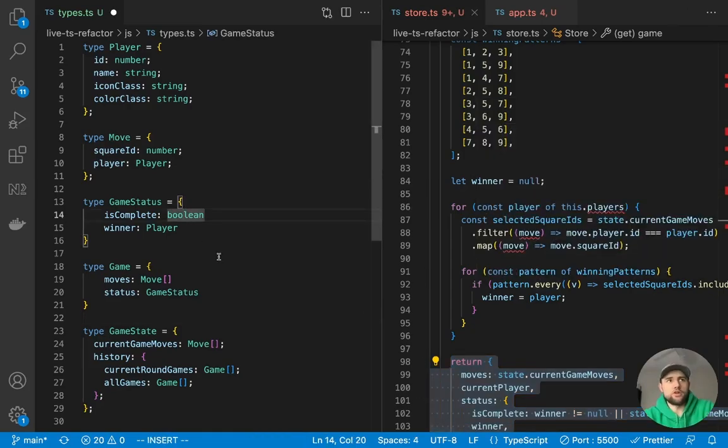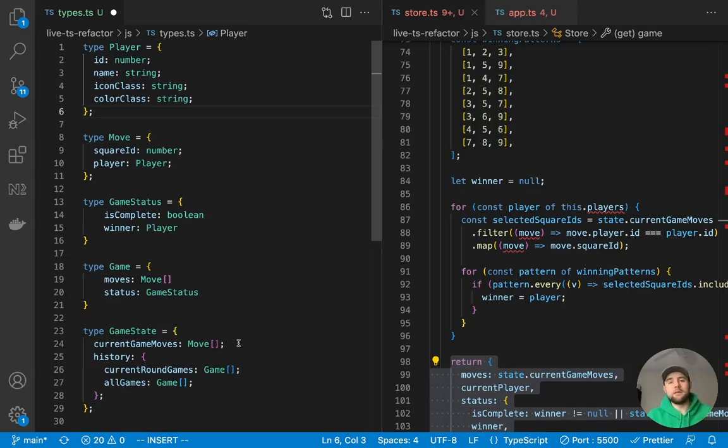If you were starting this project from scratch and you intended to use TypeScript all the way through, this is actually a great exercise to go through before you even write any code. Defining the types of your game is a great way to define the functionality behind it without writing any code. It's actually one of the first things that I will do when I'm building a new feature: map out the different types that I'm going to be dealing with. And then I'll figure out what functions I need, what types are going to be accepted as arguments to each of these functions, what the return types of these functions are, and so on and so forth.